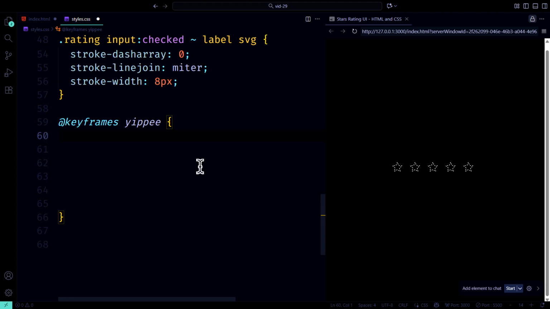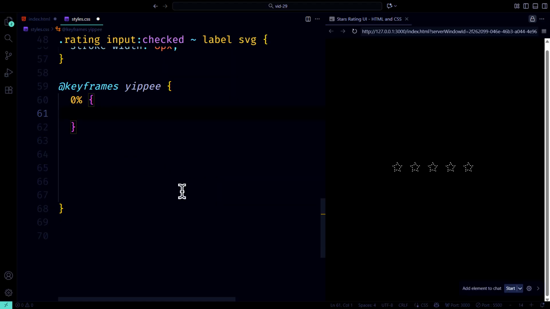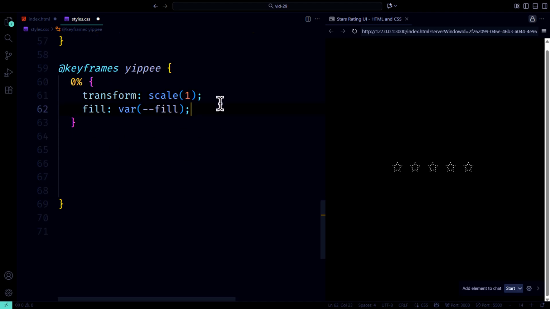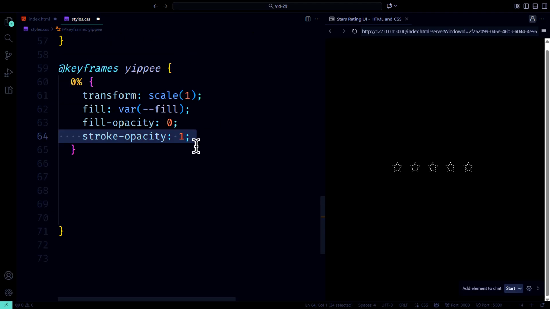Next up, we move into the second animation definition, which we will break down step by step next. Now we move into the yippee keyframes animation, and we go through it carefully from the top without skipping any properties or values. We begin with the 0% keyframe. At this starting point, we set transform to scale 1, so the star begins at its normal size. We set fill to the fill variable, but we also set fill opacity to 0, which means the star is